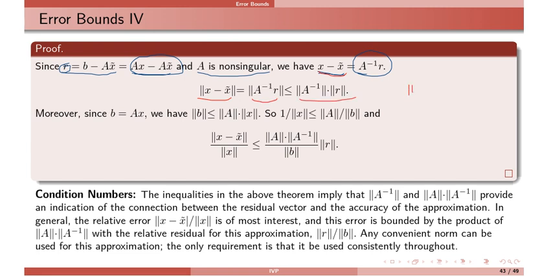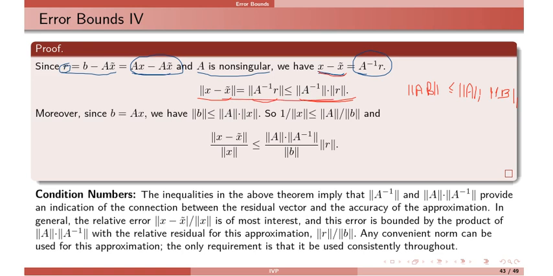Okay, so by definition the norm satisfies this triangle-type inequality: norm of AB is less than or equal to norm of A multiplied by norm of B. This is true for any norm. Okay, so separate the norms of both A inverse and R. So this side will be bigger. So this is the final formula for the absolute error.